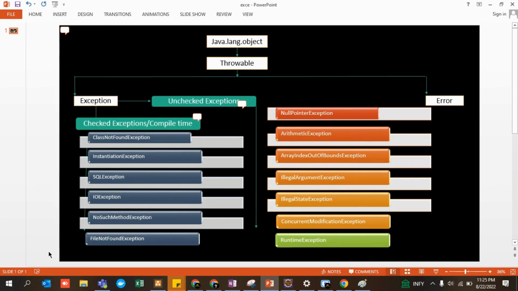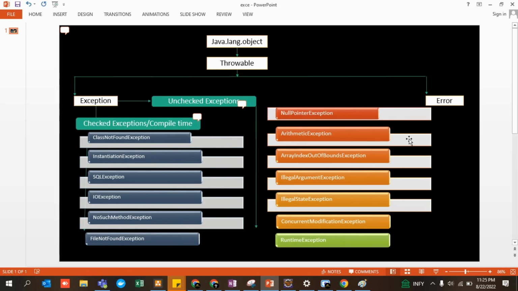If I talk in terms of Java, compile time errors are going to appear when your Java application is connected to some outer resource, right? Outer resources means, for example, if you have not defined a class, if your file is not present, if a SQL database is not connected properly, if a method is not present in your class but is present in some other class, let's say xyz. So if your Java application is not connected to the outer source, then checked exceptions can occur.